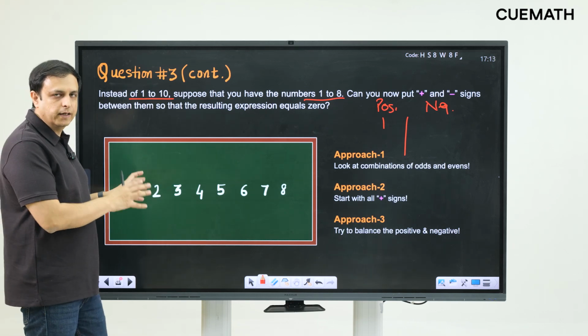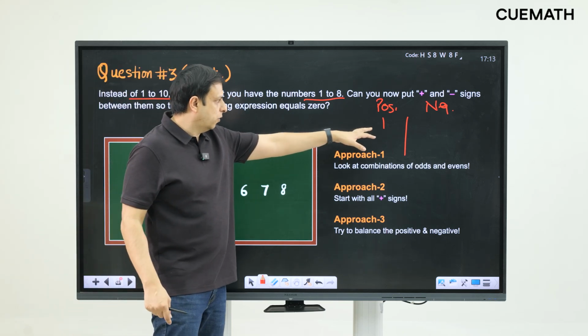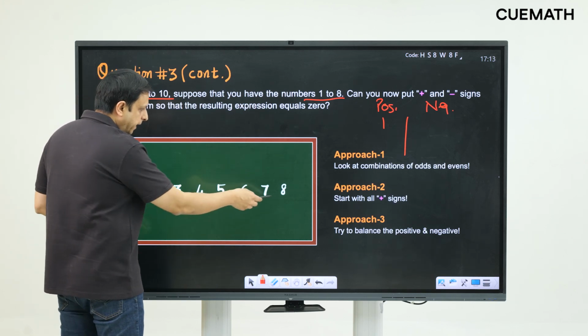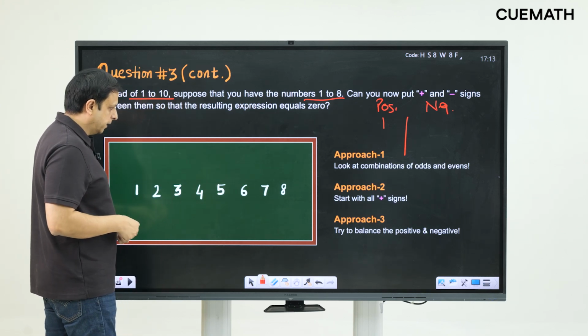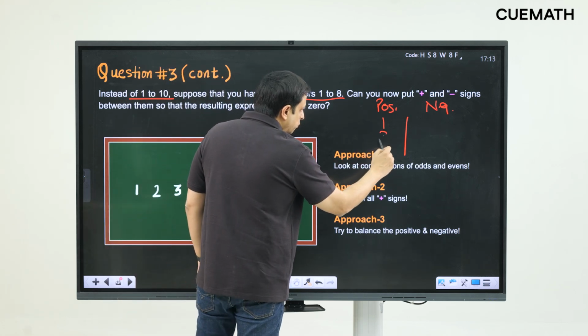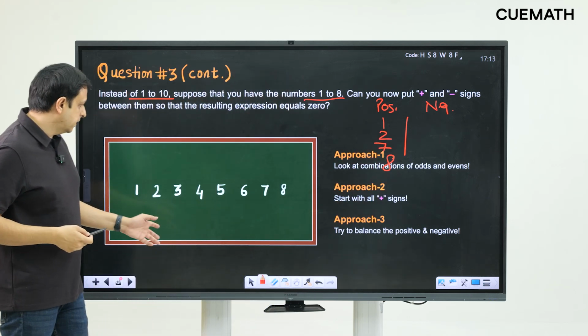So I need half of that to be positive and half to be negative. So I already have a 1 on the positive column. I need 17 more. So let me just pick 8, 7, and that's 15, and then 2. So that's 17. So I'll put 2, 7, and 8 in this column, and then I'll put everything else on